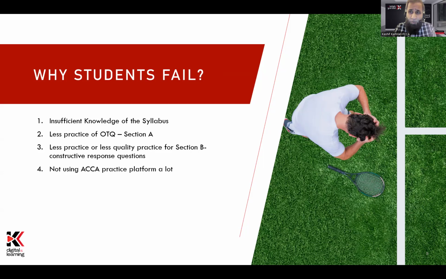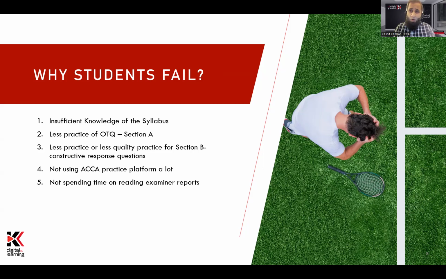You're not looking at questions directly on the ACCA Practice Platform and solving them right there. Either you are using the revision kits or you're writing the answers with pen and paper, which is a very bad strategy when your exams are computer based. Right from day one, whatever you are practicing, you should practice on the practice platform so that you get the right confidence you need to do the computer-based exam.